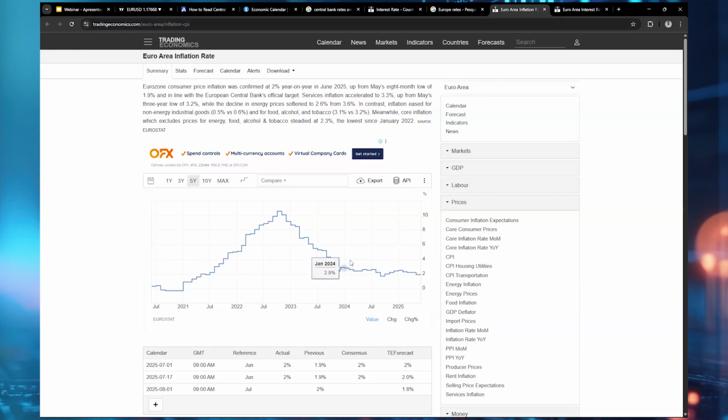Oops, sorry. March, April, May. May 2024, when the inflation came back to 2.6%. That's very recent. It's literally last year. There's like a year and a few months. So 2.6%, that's awesome. That's really, really great, okay? So clearly they've waited for the whole inflation to get back down.